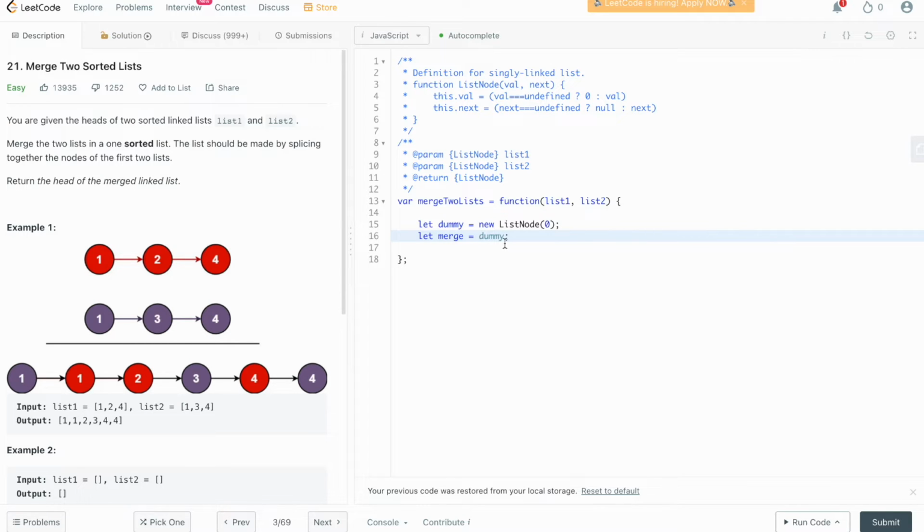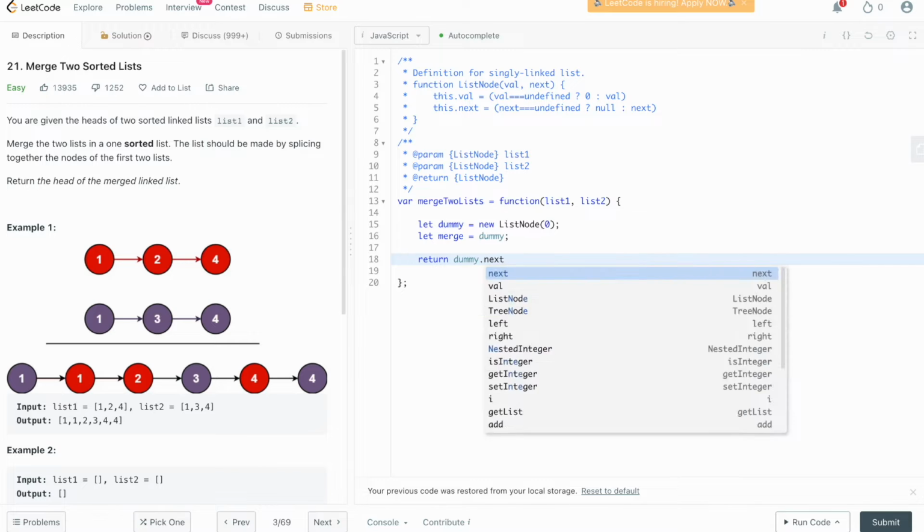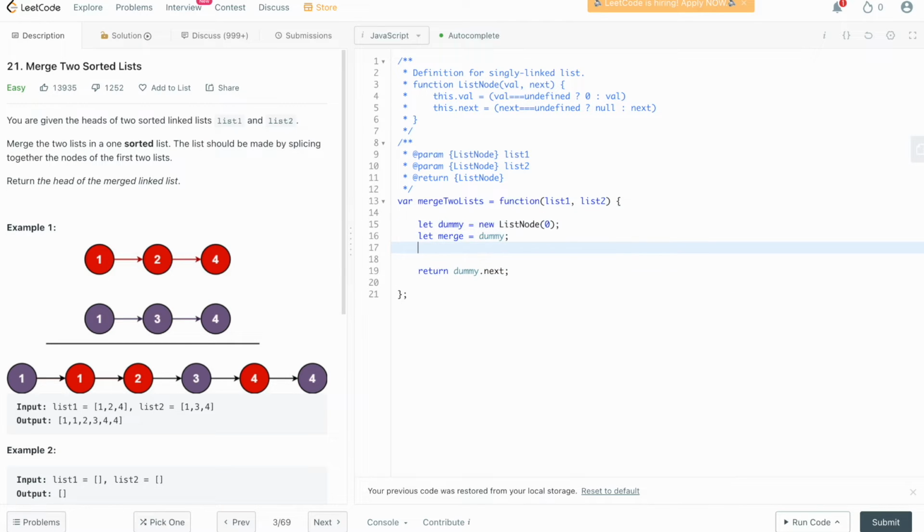So we'll call that dummy, and then what we want to do essentially is to return dummy.next. I am a big fan of writing out your variables and then deciding what you want to return, because usually we forget this return statement right here, right? Okay, good. Now, when we have this, we want to keep checking between list 1's value and list 2's value, and only appending the one that is less than the other to the merge,